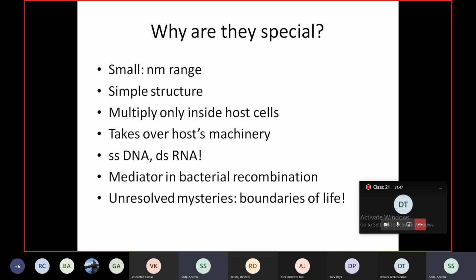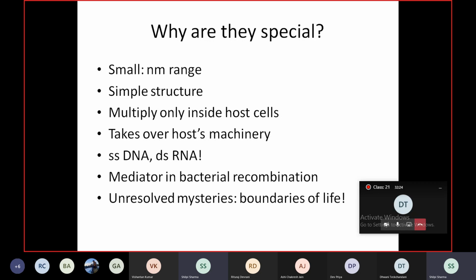Now, there are various reasons which make these mysterious organisms an interesting topic for study. They are actually considered a gray area between living and non-living things, and also between biology and chemistry. So categorizing them as non-living has excluded them from studying the evolution of life, and also from the classification of living organisms. You saw that viruses did not have a place there, whether it was Whittaker's system or Woese's system.